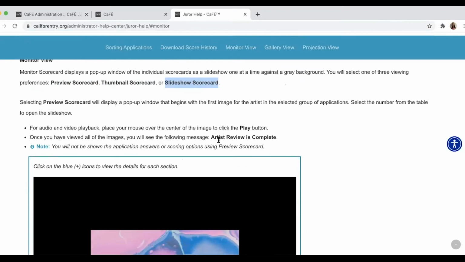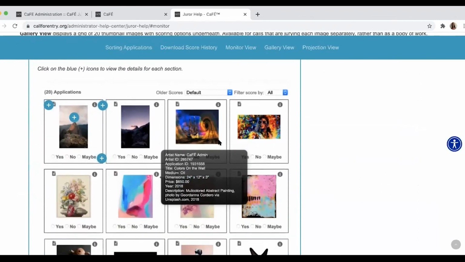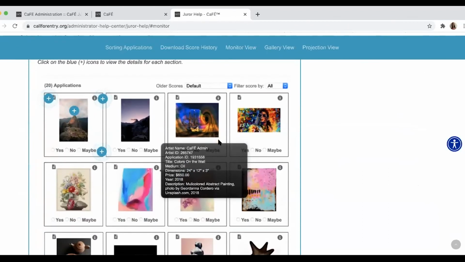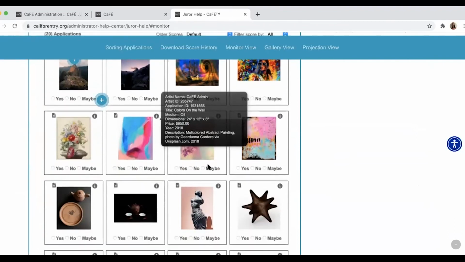We also have a third scorecard view, which is gallery. This is what the gallery view looks like. The gallery view is available to calls with the jury by artwork type only, since the images are separated. This displays a grid of 20 thumbnail images at a time and allows the jurors to just go through and